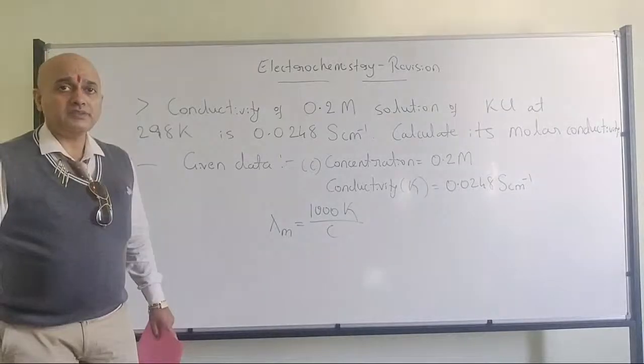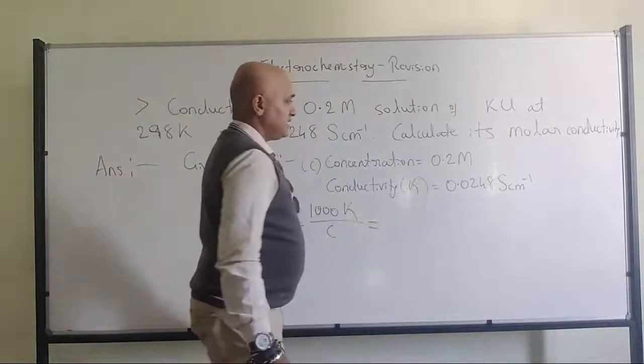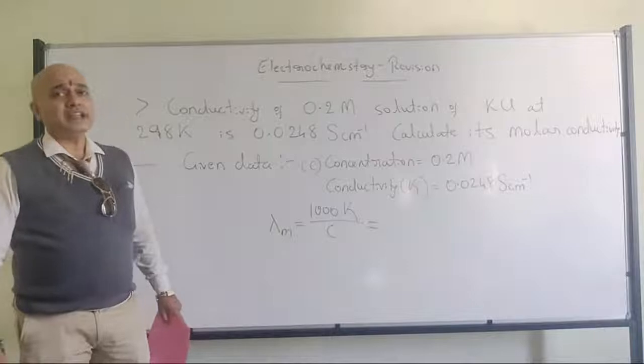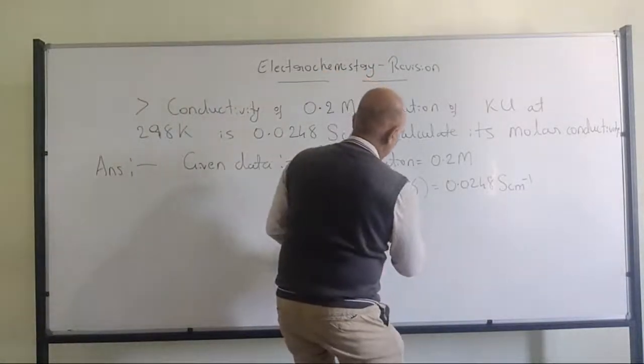1000 into kappa divided by C. Now just substitute the values. Now if I substitute the values, now it will become